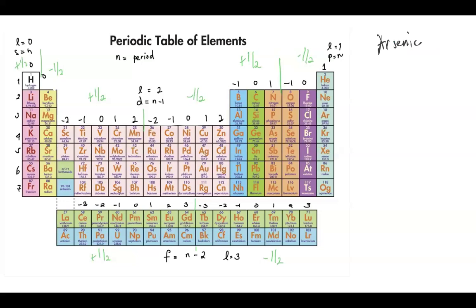On the D block, write negative 2 up to positive 2. On the left side, that's positive 1/2. On the right side, that's negative 1/2. And on the P block, this one on this side, that's the P block, write negative 1, 0, 1, and then negative 1, 0, 1 on the right side. And then positive 1/2 for the left side and negative 1/2 on the right side. Same goes with the letter F block, which is on this side. This is the F block.